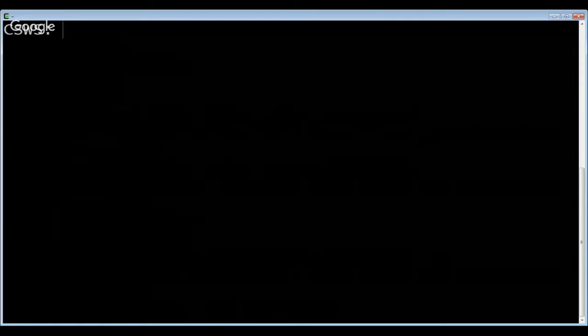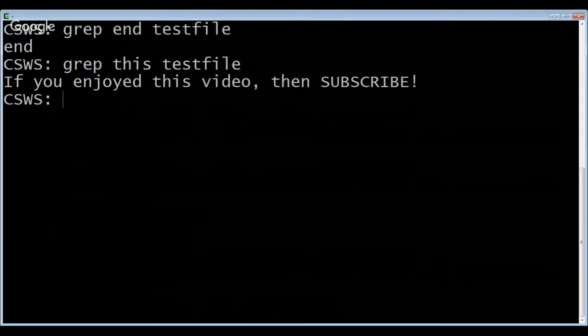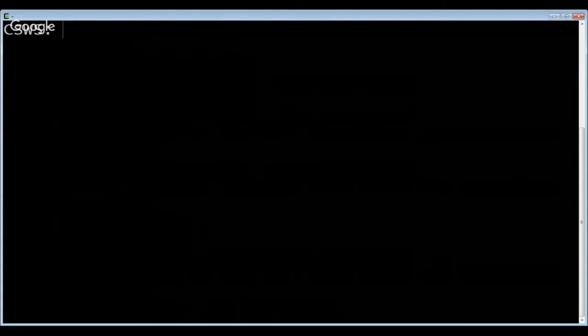So what we're going to do here is we can grep the file for a pattern. We can grep for end in test file, and we can see there's the end line. We can grep for this in test file name. There we see that. We can grep for this with a capital T. And we get that. So now we're getting every single line with that pattern, but we don't want every single line, we want a range. So what I can do is cat the file,